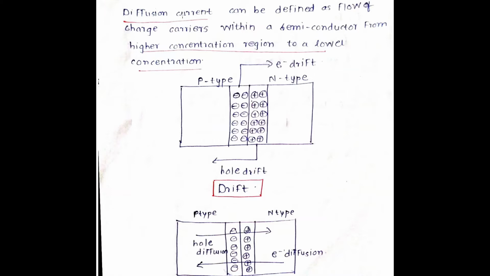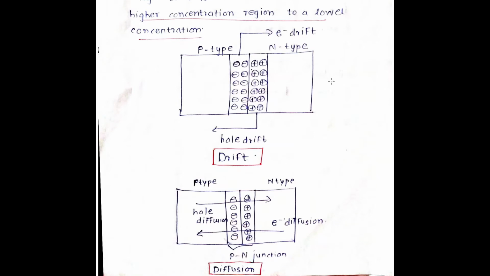So basically the electric field is contributing towards the drift current, and the change in the concentration is contributing towards the diffusion current. In case of a drift current you have the p-type semiconductor and an n-type semiconductor. In a drift current scenario, the holes will move towards the left direction, and the electrons, which are a part of the n-type semiconductor, will move towards the right direction. Whereas in case of your diffusion current, the holes and the electron movement direction is going to be opposite to that of your drift current direction.